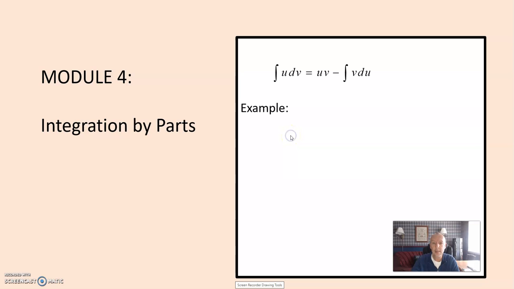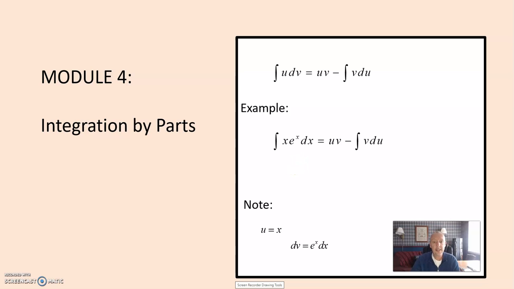Here, let's look at an example. So we want to integrate x times e to the x power with respect to x. And we have our two functions, x and e to the x, that are competing against each other such that the substitution rule does not apply. So we'll use our integration by parts formula. We'll need to identify u and v and du so that we can find what u times v minus the integral of v du is.